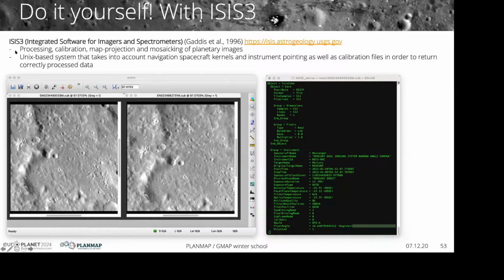It's a processing and calibration pipeline that is also used for mosaicing planetary images and is used for very specific purposes. It's Unix-based. It takes into account all the navigation kernels of the space missions. It's not the most friendly software, I must admit, but you can reach very, very nice and very refined results. But since this is not the aim of our course, and this can be very time-consuming,